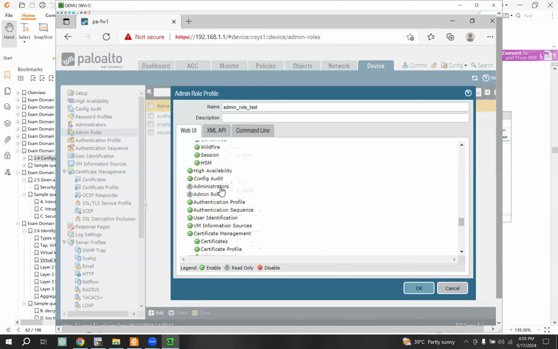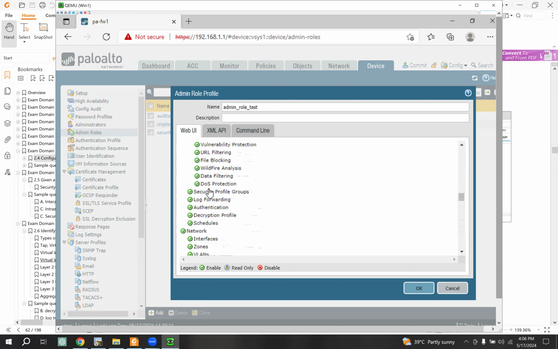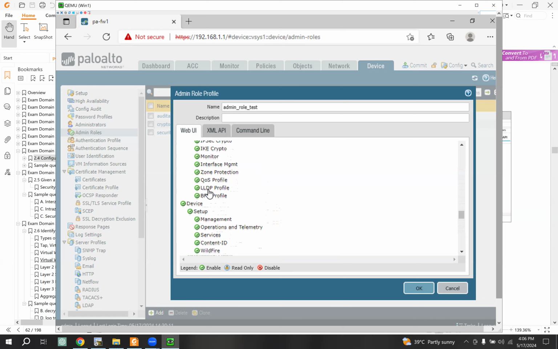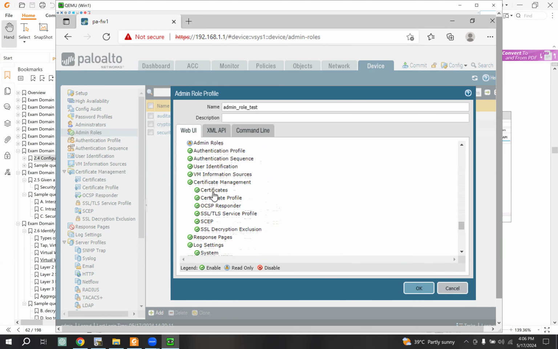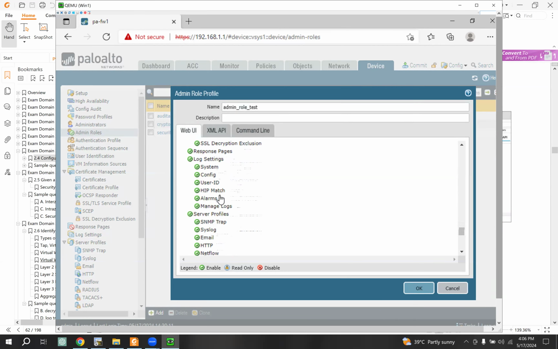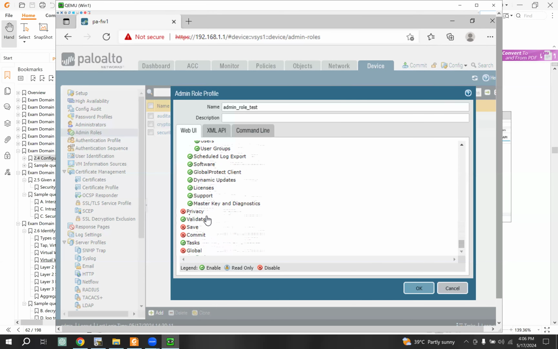See here, administrators and admin roles. These two are read-only. Only super user can do this. Other users will not change anything. So this is the difference. Super user, and you just create a customized user based on role base. So see here the privacy, select all, save, commit,